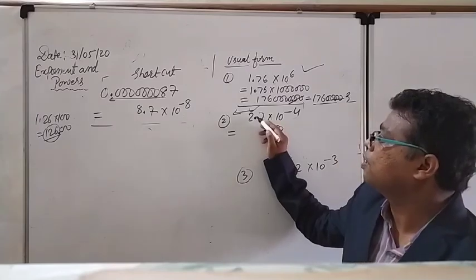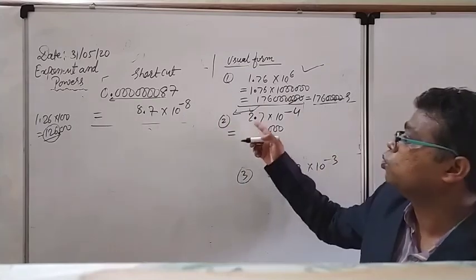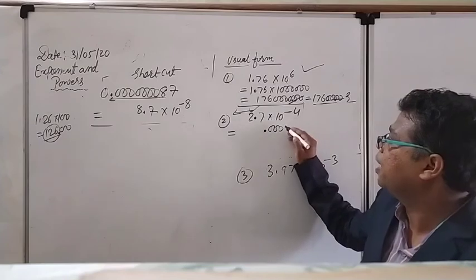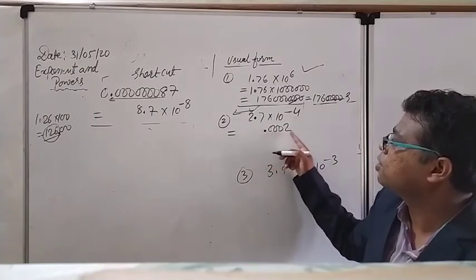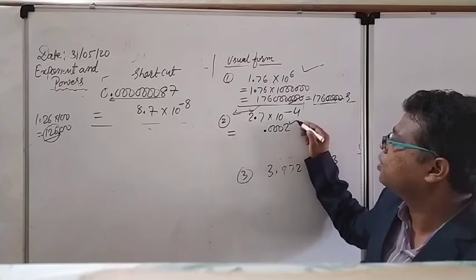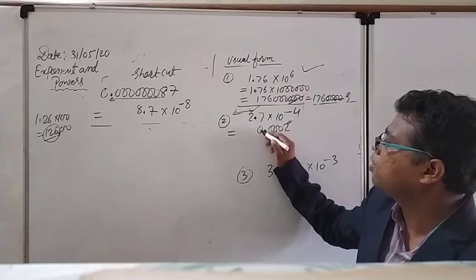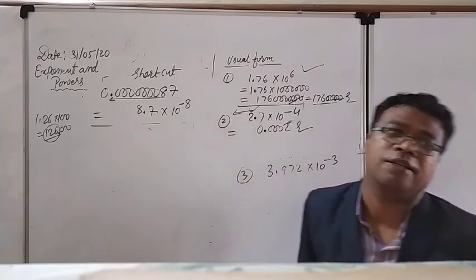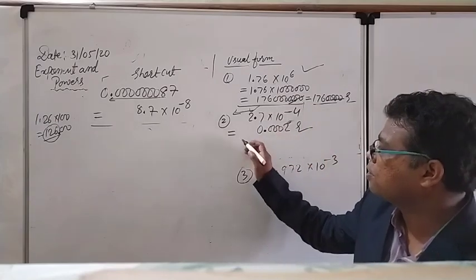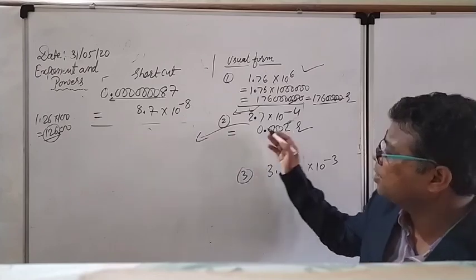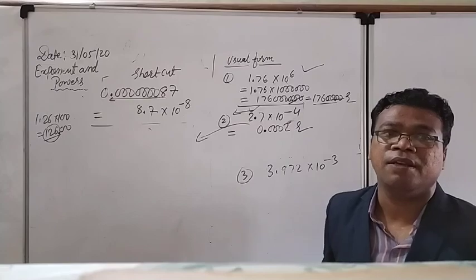If I want to shift the point 4 digits towards the left hand side, 2 will be the first digit and then the zeros will come in. Right now you can see 1, 2, 3, 4. Same thing I was explaining in another way. 2 is my first digit, so how many zeros do I have to add? Only 3. And for balancing, one more 0 will be there. So that is the answer directly. Very easy. This is the short trick actually. 10 to the power minus 4 will indicate the point.